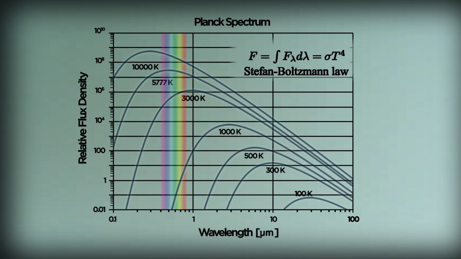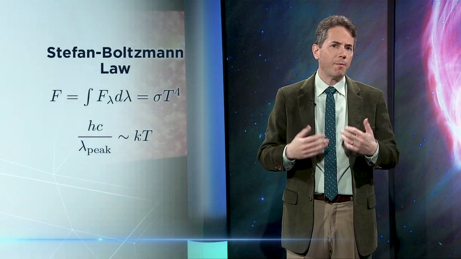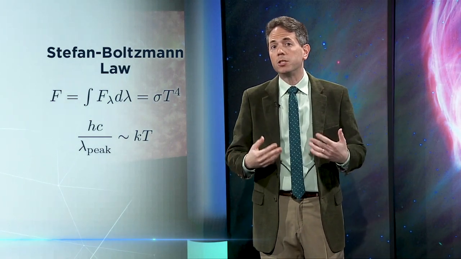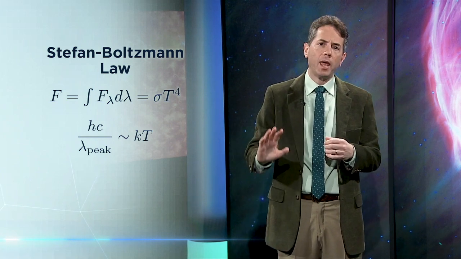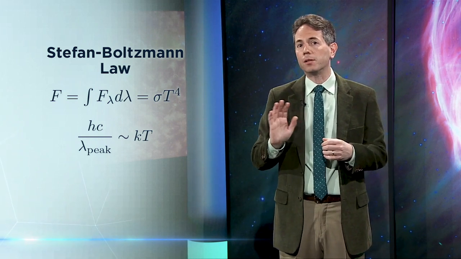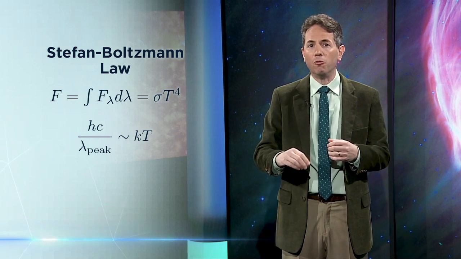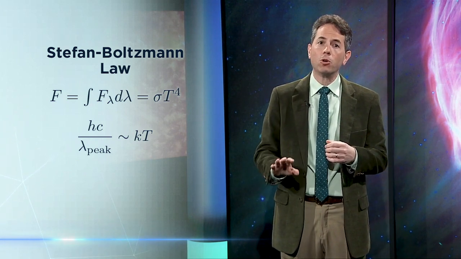Second, as we increase the temperature, the peak of the spectrum shifts to shorter wavelengths. At room temperature, 300 Kelvin, almost all the energy comes out in the infrared. It peaks at around 10 microns. As we dial up the heat, the peak shifts to shorter wavelengths. That makes sense because we expect the typical photon energy, hc over lambda, to be on the order of kT. That implies lambda should be of order hc over kT. It should be inversely proportional to temperature.